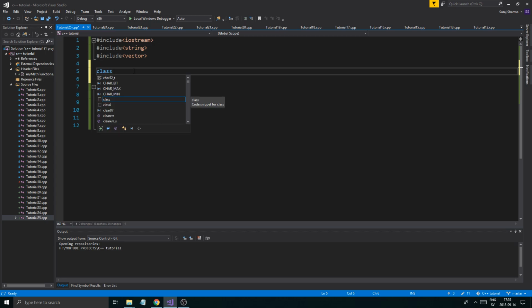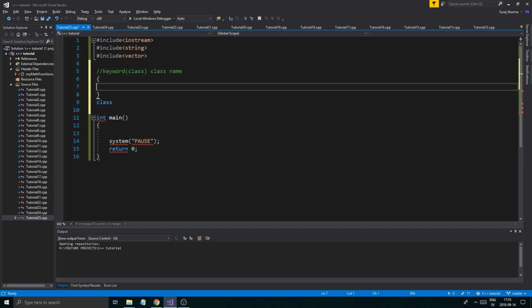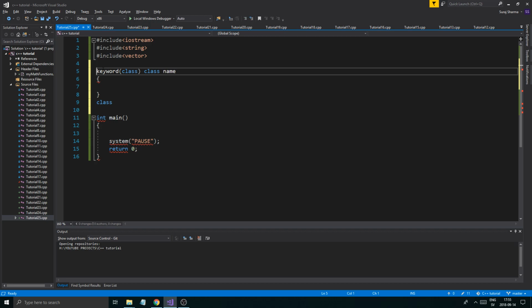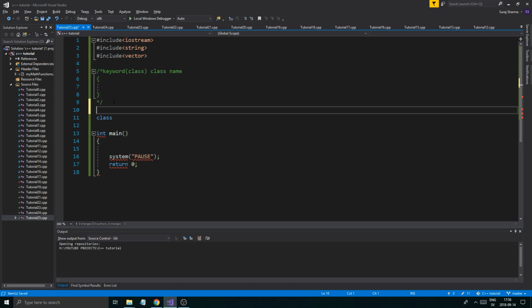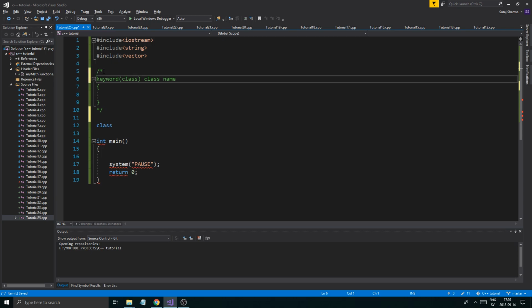Let's just get started. So the syntax to create a class is the keyword class, and then you have the class name, and then you have the bracket thingies. Let's just do something like this. There you go. So this is the syntax: keyword, class name,